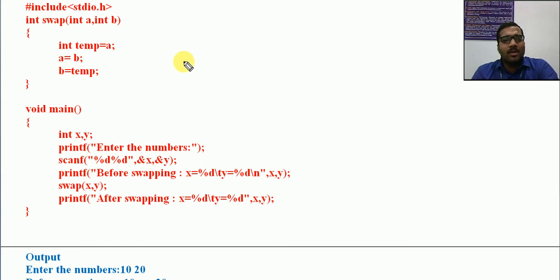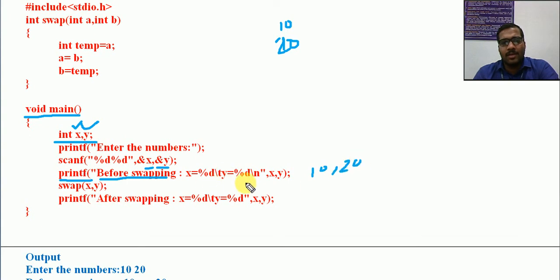Now we will see how we can do that by using a function. Here we are having the function definition, but before that we will start from the main. From the main we are declaring two integer variables x and y, for entering two numbers. scanf of %d, with the address of x and y, is for reading the values of x and y. The user will be reading the values. Now printf before swapping x equal to, y equal to. So if I am reading 10 as x and 20 as y, it will print 10 comma 20.